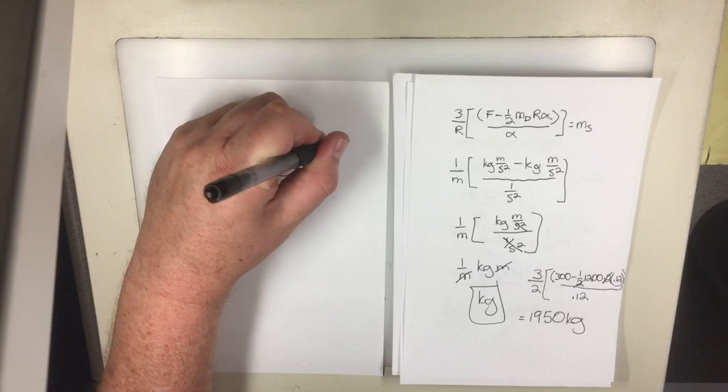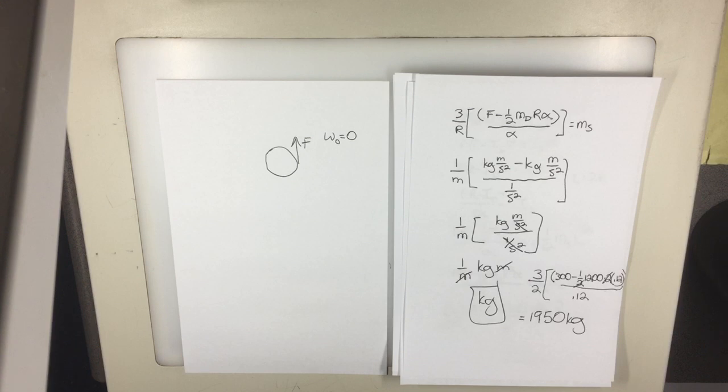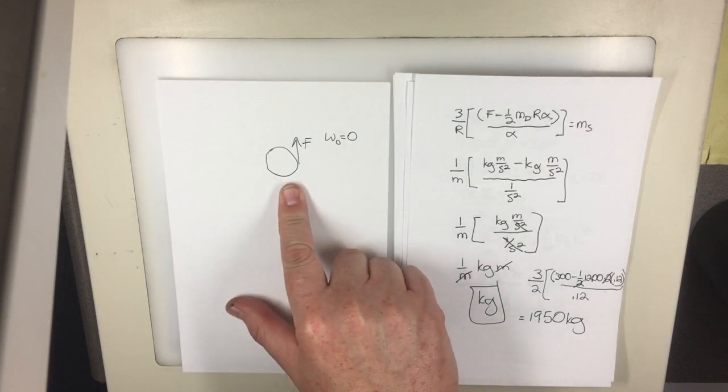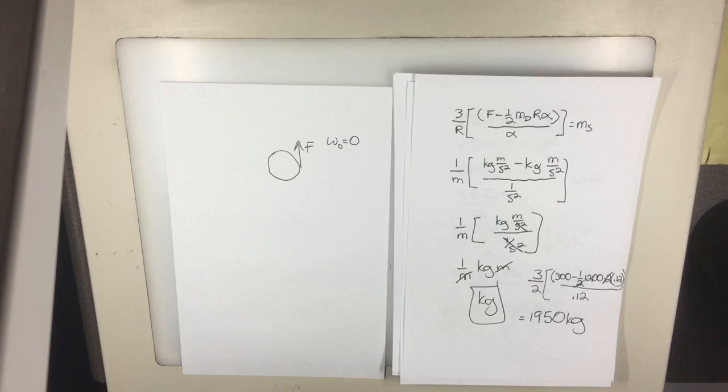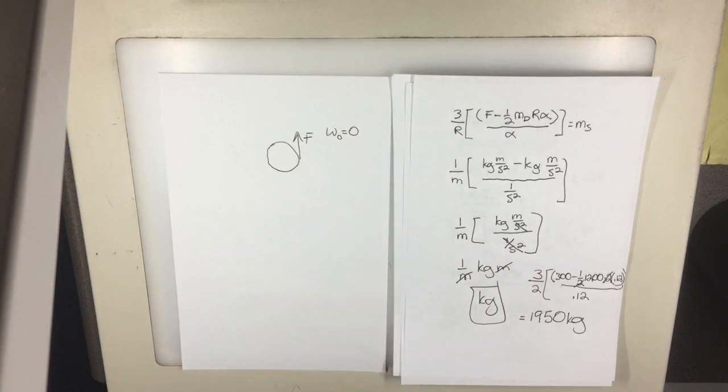Definitely if you see this, if you ask the question, I think a valuable question that you could ask during the test is, what's the initial angular velocity of this disk? If I say non-zero and that force is missing, you're dealing with an alpha equals 0. Probably the thing that screams out,